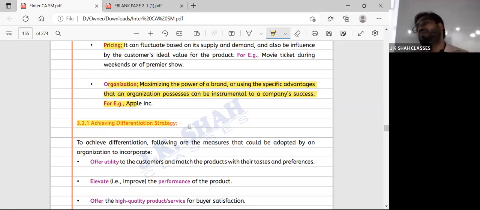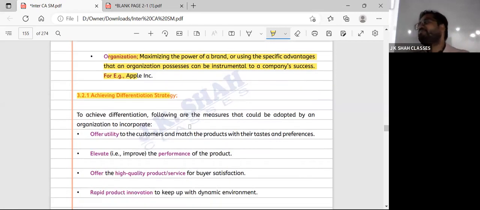This is the third point. What was the first point? Offer utility to customer and try to match their taste and preference. Everything is here. I have taught this so many times, and even as a student, I studied the same thing. So it is there. Number 2, elevate, improve the performance of product. Number 3, offer high quality products or service. 4,